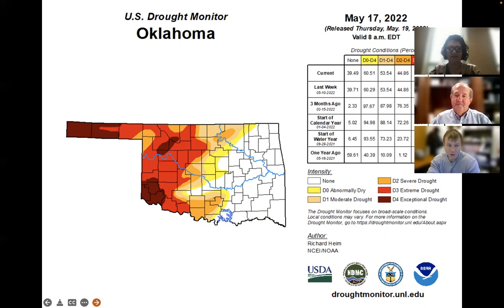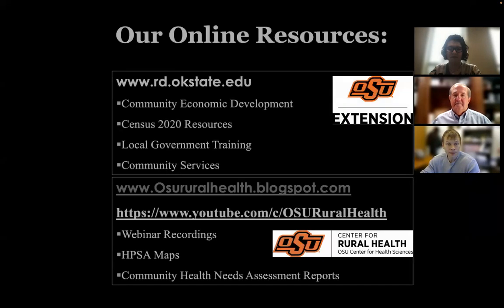Actually, if you look at Oklahoma compared to some of our neighboring states, it's really not as bad. A lot of Texas is really struggling with drought. You can see there the category D4, which is exceptional drought. A lot of the Texas panhandle is covered in that very dark maroon color. Of course, it's clearly bad in the panhandle and the southwestern parts of our state, not so much in the east, but this is something that's been a trend for really the past decade. We're going to have to continue to keep an eye on it because it has implications for all of our ag products, and it's something we'll be monitoring in the future. And next slide.